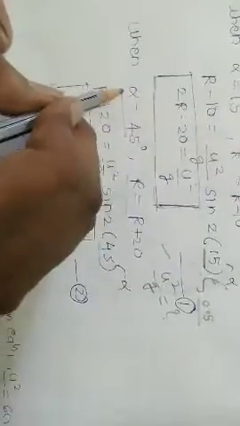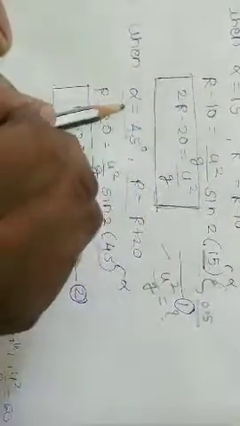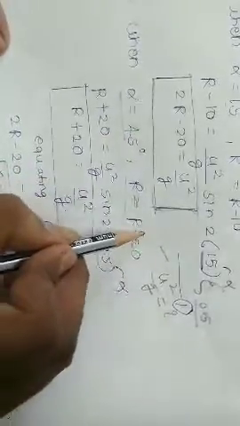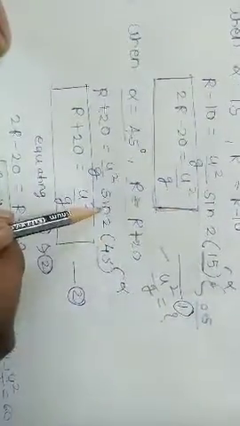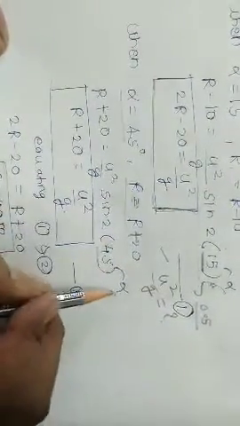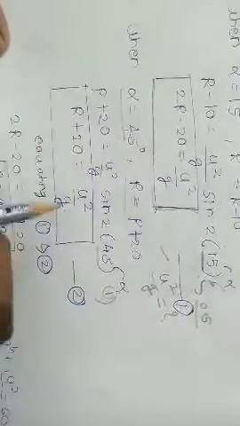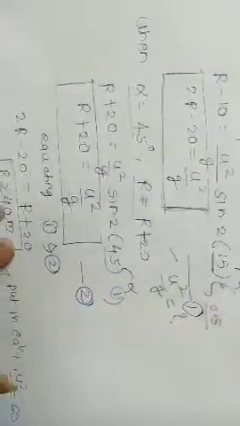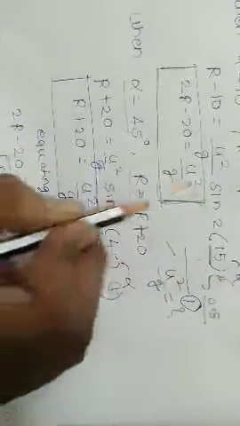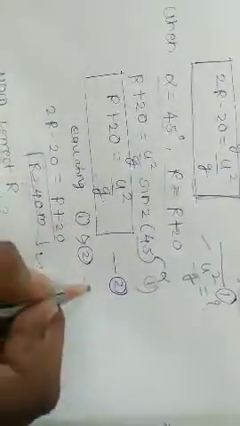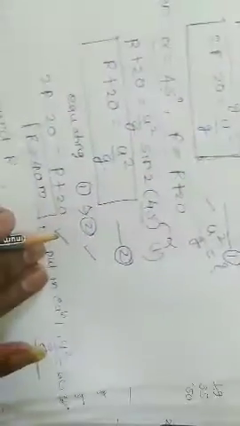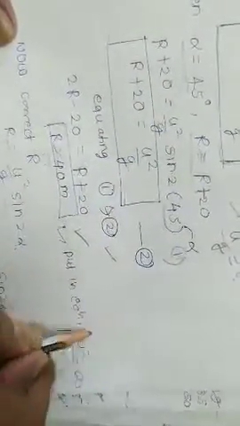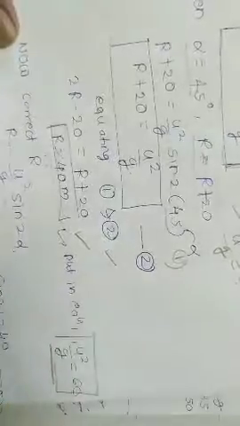In the second case, alpha is equal to 45 degrees and the range is R plus 20 than the actual one. So sine 2 into 45, sine 90, is equal to 1, so it will become R plus 20 is equal to u square by g. Both equation 1 and 2 are in terms of u square by g. We'll equate them and we'll get the value of R equal to 40 meters. Now we'll put R equal to 40 meters in equation 1 and we'll find the value of u square by g, which is equal to 60.